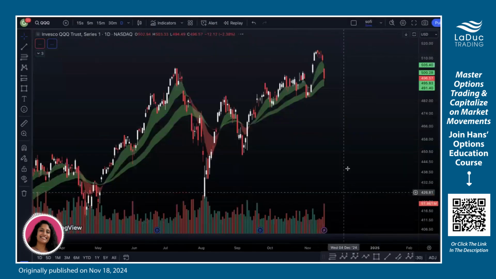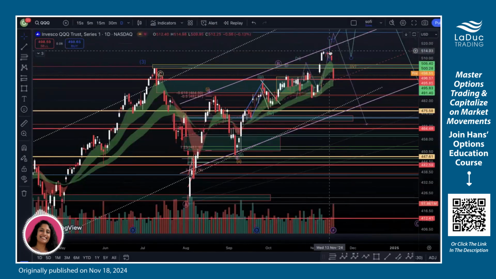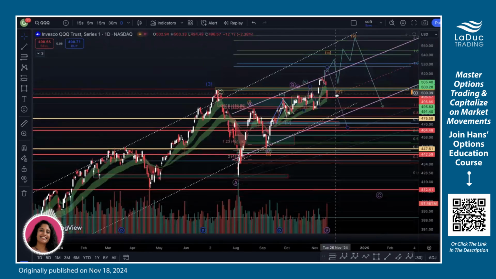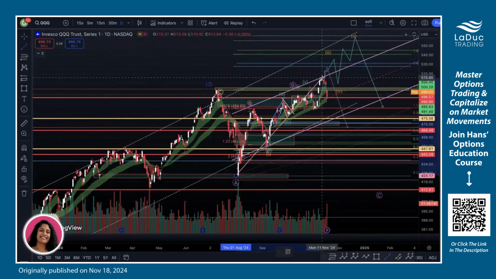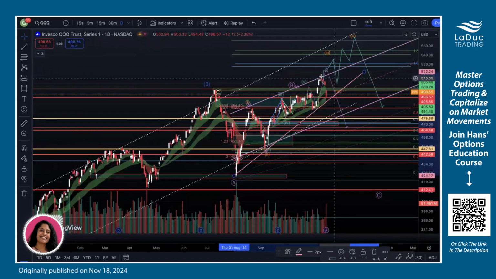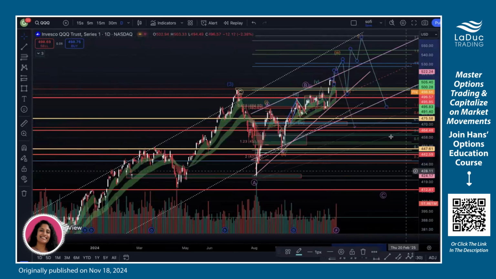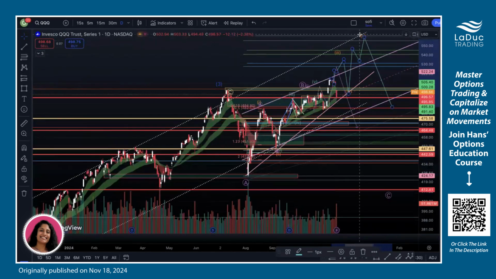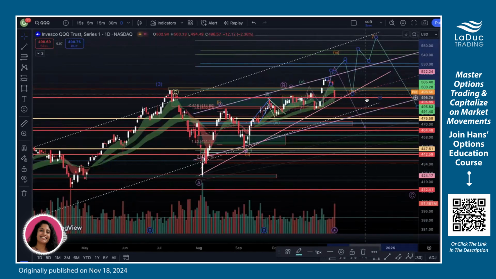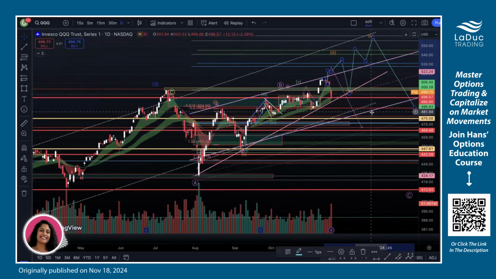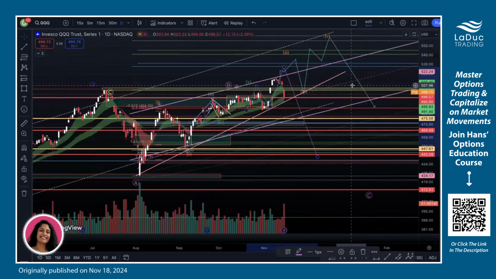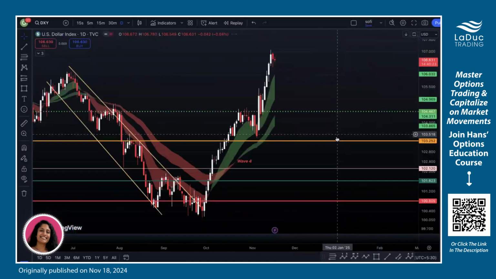We look at QQQ again. You can see we broke out, had a little bit of upside, but we stayed sideways and we came back into the channel. So same as the rest of the market. You can see here, if I drew a trend line, we are on support. So either we get supported here and we continue moving higher to the top of the trend line here on QQQ, or if we fail the previous level of support at 496, then we likely come down into 480 and even into 460, 450 on QQQ. So again, very important to get supported now, or we are going to be very weak in the market.